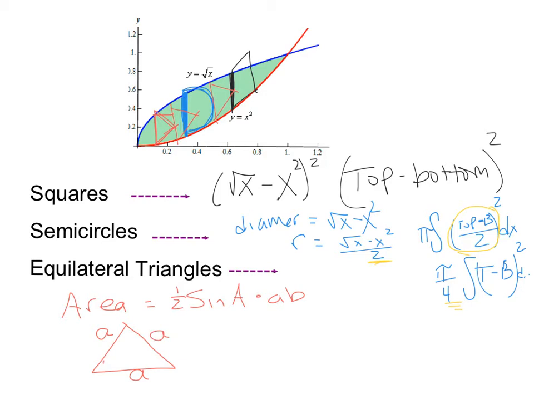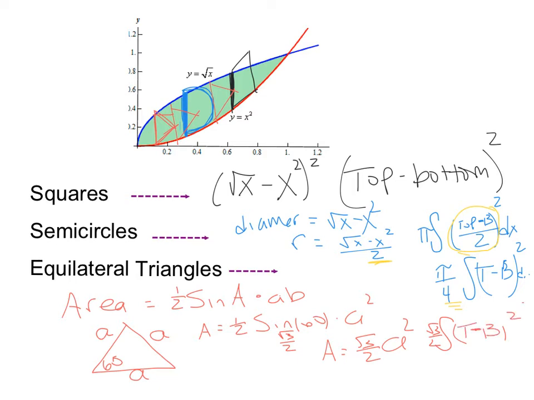What's the angle? 60. So the area of an equilateral triangle is 1/2 sine of 60 times a squared. What's sine of 60? Root 3 over 2. So we actually get root 3 over 2 a squared. So it'll be root 3 over 2. The a is again that top minus bottom squared. So this is for our equilateral triangle. So equilateral triangle,